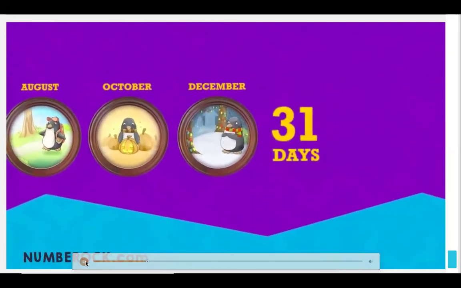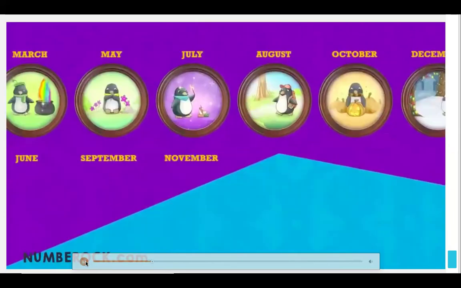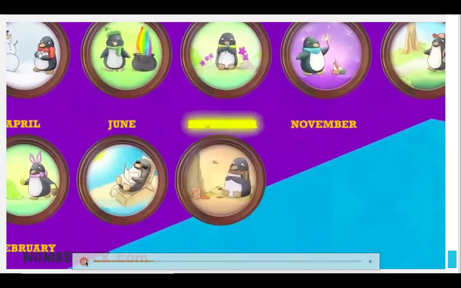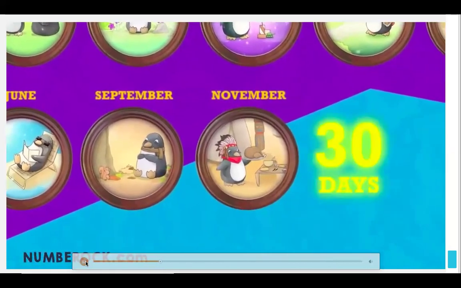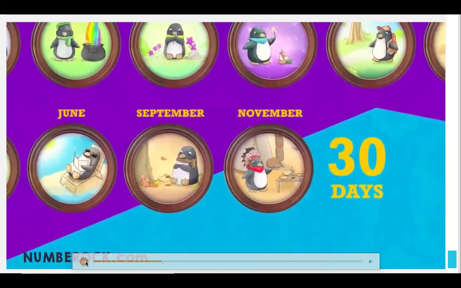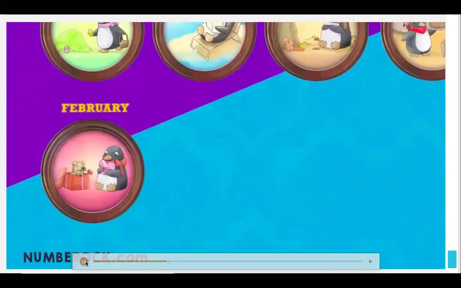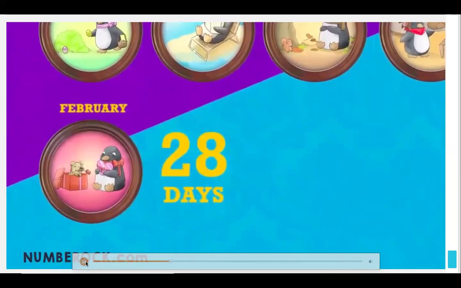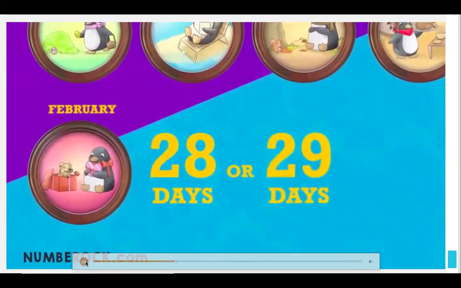All at 31 days. 31 days, y'all. All at 31 days. April, June, September, and November. All at 30 days. 30 days, y'all. All at 30 days. February has 28 days, but then it's a leap year. It's got 29 days.